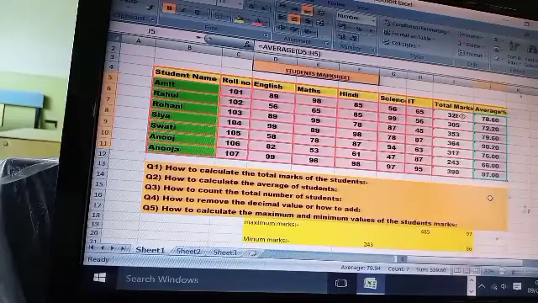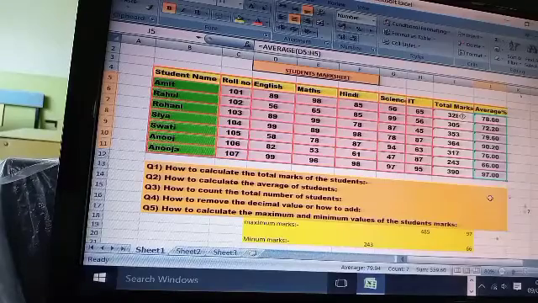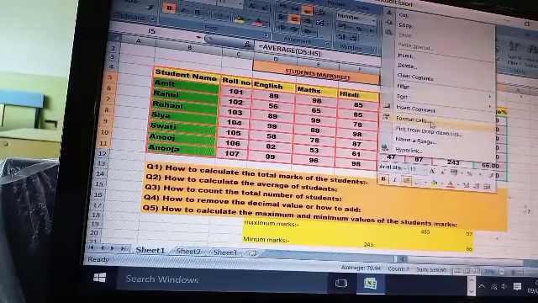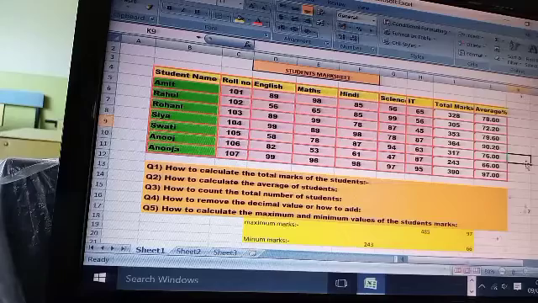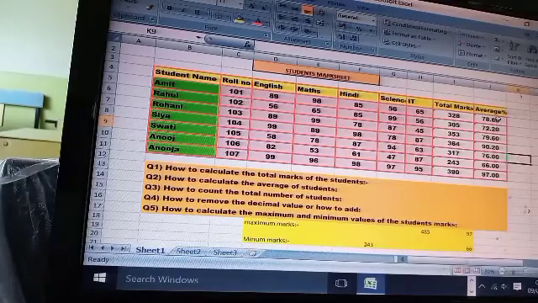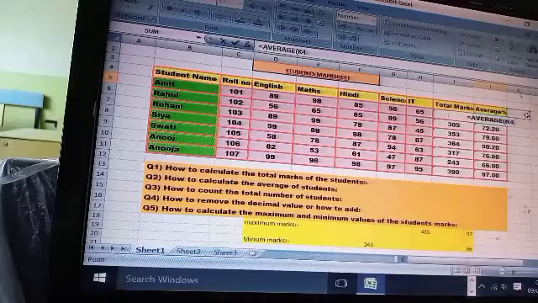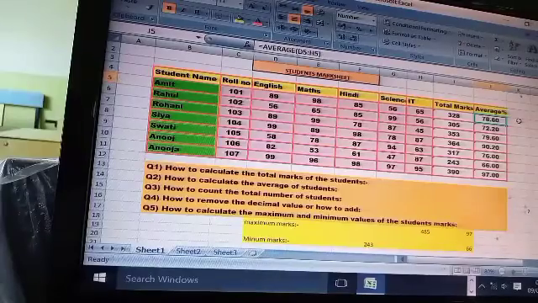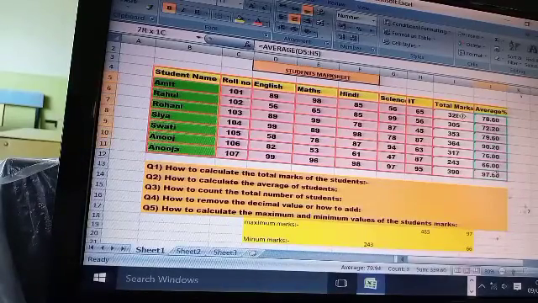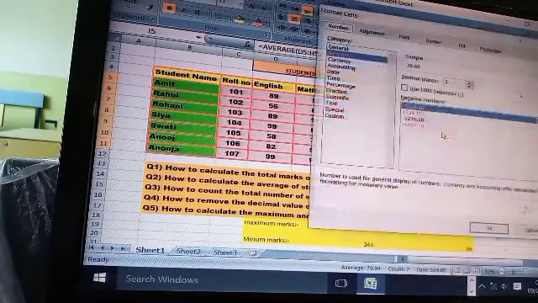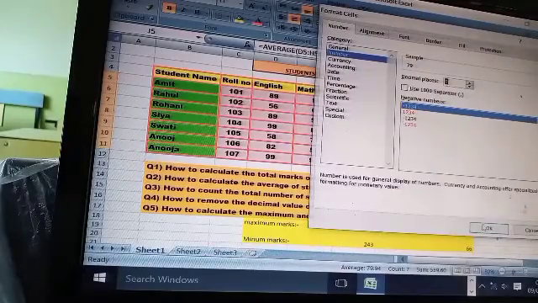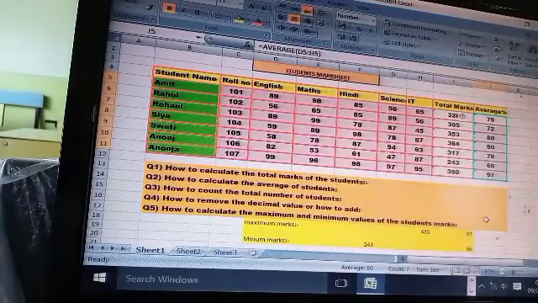That means you learned how to add the decimal value. Now I want to remove this decimal value. So how to do it? Click on the empty cell. Now again select the area of average. Single click, and press the Escape key. Then right click, Format cell. Then decrease the decimal value and apply OK. That means this fourth question is over.